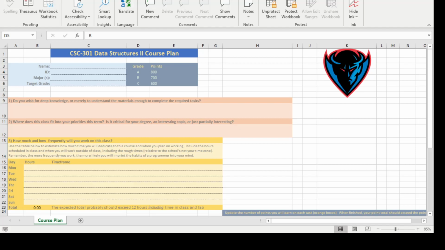So one of the things we're going to practice in this class is planning our work and updating those plans to help guide our progress. We can do that in the form of the course plan, a very realistic thing towards what you're going to do in a workplace someday. Professionals need to keep track of what they plan to do, what they are doing, and when they will actually finish. So right now, first task, quite simple, is going to be to fill out this basic information.